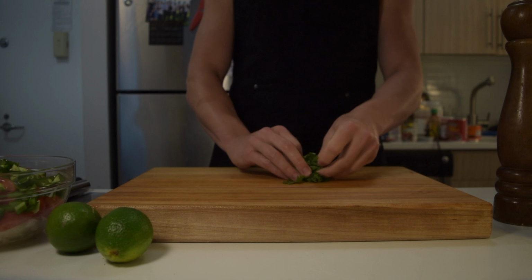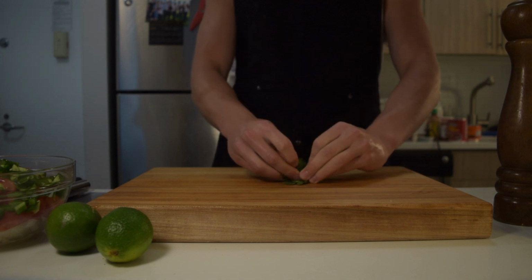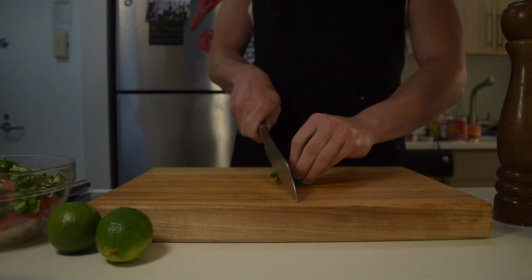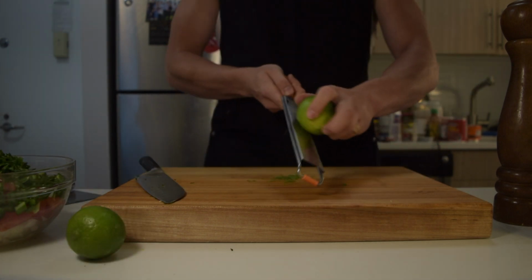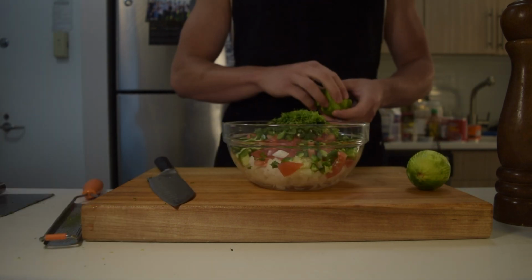To finely shred cilantro or any leafy herb, it's easiest to roll it up into a tight ball and then mow through it with your knife. Then add the zest and juice of 2 limes, season to taste generously with salt and pepper, and place in